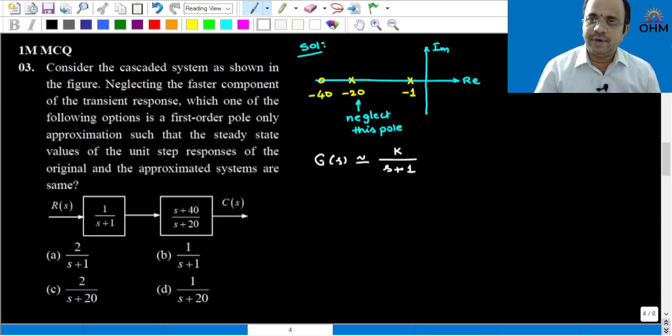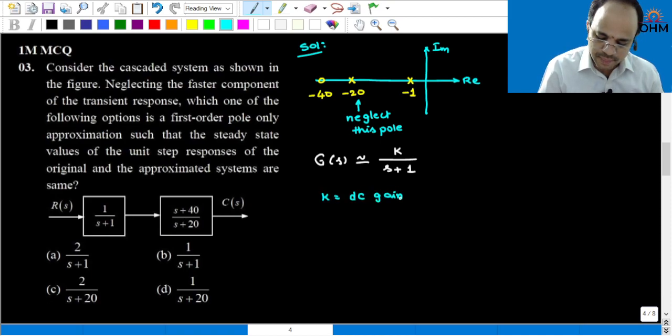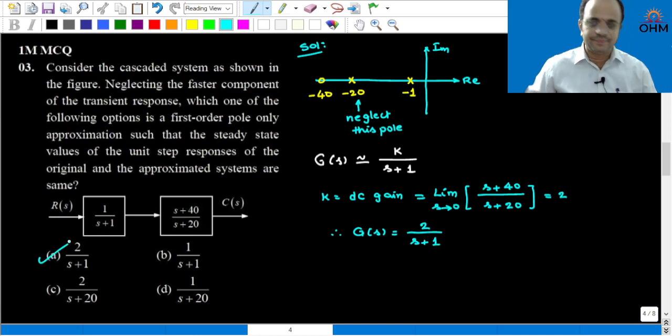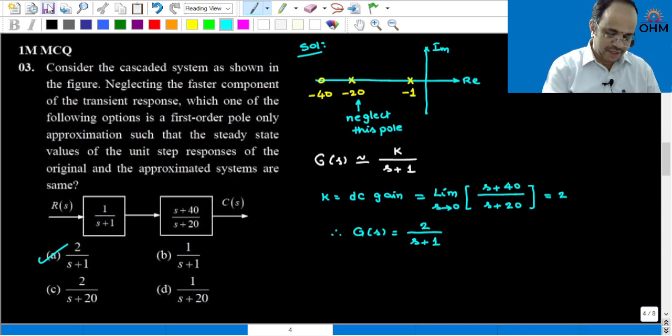you can say it is approximately equal to K divided by s plus 1. This is K divided by s plus 1. But what is K here? K is equal to the DC gain. So that will be limit s tends to 0, (s plus 40) divided by (s plus 20). So this will give you 40 by 20, which is equal to 2. Therefore the required transfer function is equal to 2 divided by s plus 1, and hence option A is satisfying